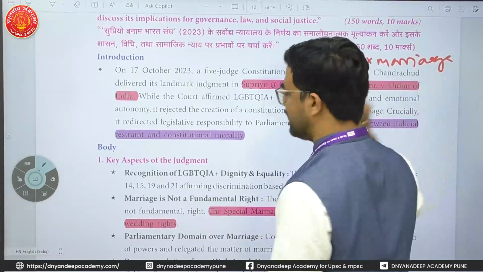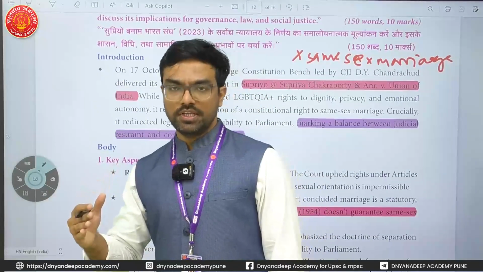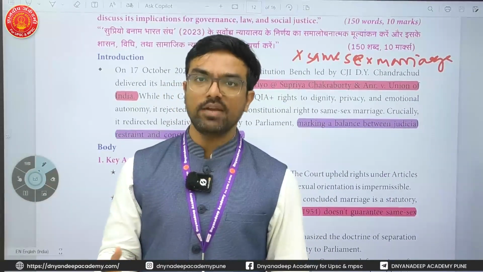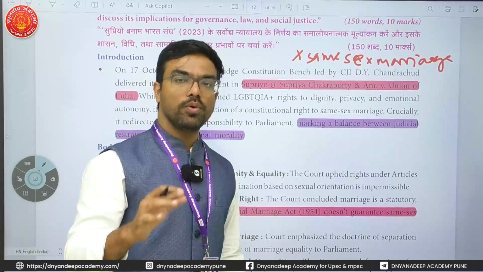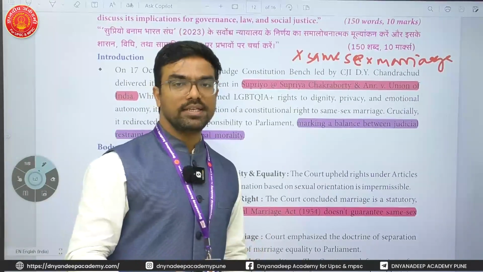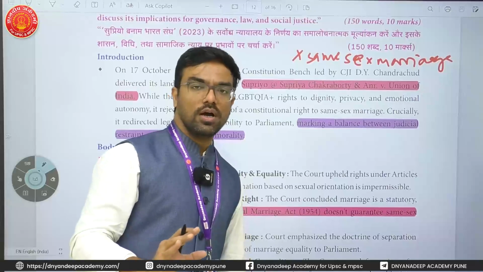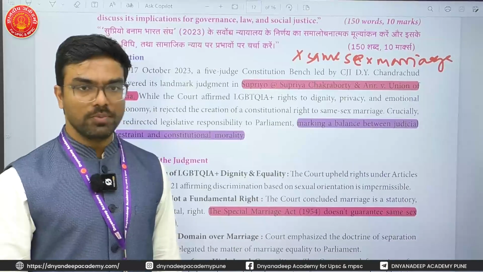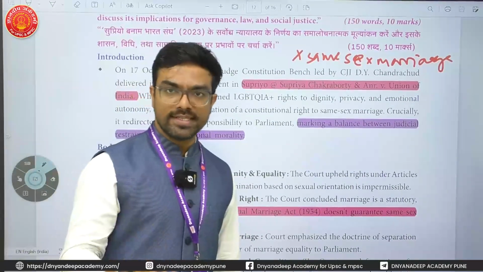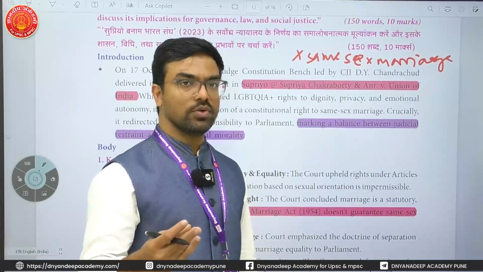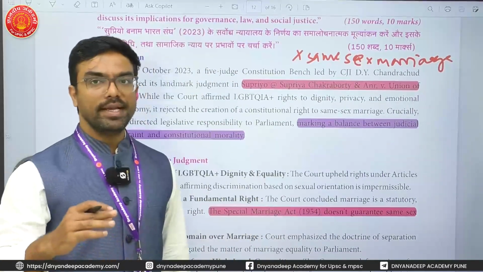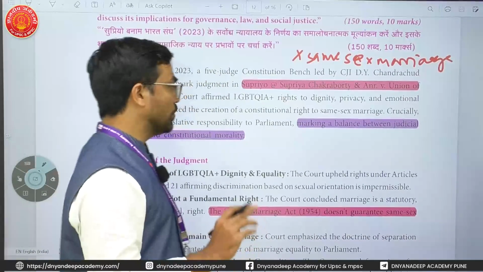So it says that this purview is with Parliament to decide which marriage is to be recognized legally. It says that we are restricting our authority just to recognizing the rights of the LGBTQ community. There is the right of non-discrimination, but it doesn't recognize the marriage of same sex. So in short,